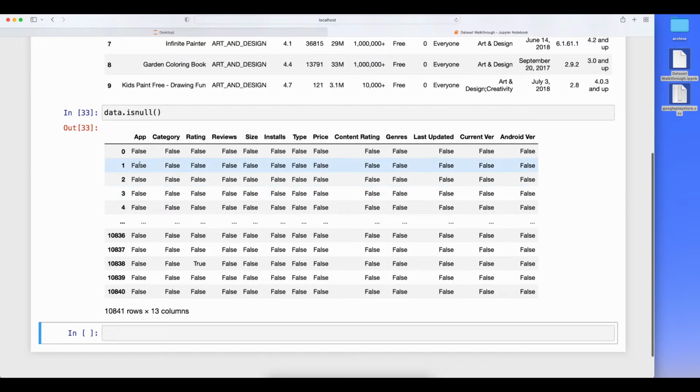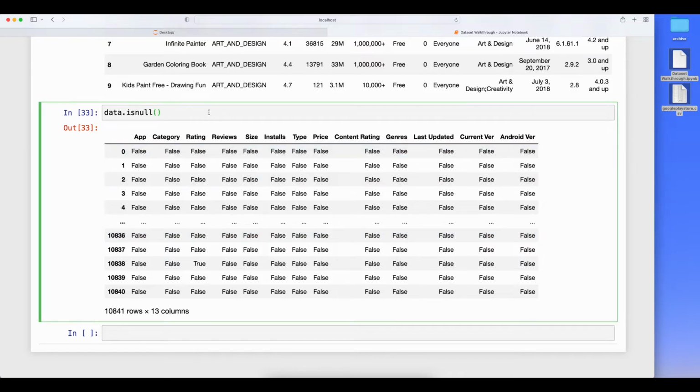Here you can see everything is false. Why false? Because no value is null. If there is any null value, it is true; otherwise in the rest of the cases it would be false. Now obviously, I am not going to manually check whether any true is there.